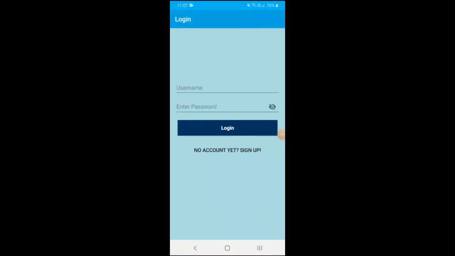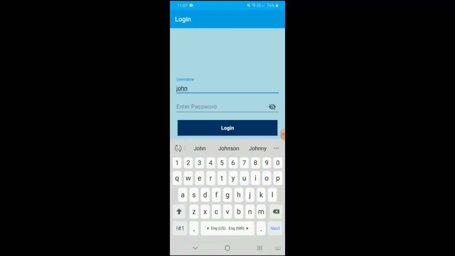This is a demonstration for the Bonnie Parent application. It is an application which is completely dedicated for parents. Now, as shown in the previous video, parent John Doe has registered his baby Junior John into the public healthcare system. Now, let us see how this application would benefit John. Logging into his account with his credentials.